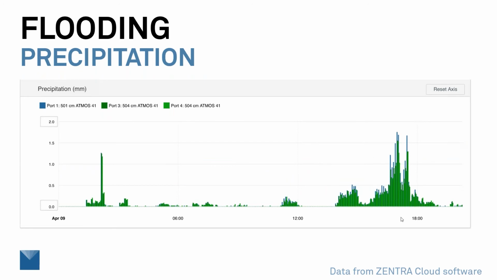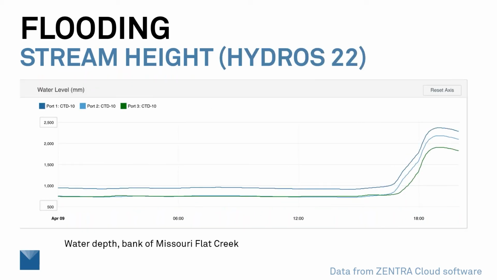Well, here's that rain event, and you can see how continuous it was. Not a ton of rain over time. I was out in it. It was certainly wet, and we got pretty soaked, but it wasn't kind of epic rain that I felt. But here's the water depth in the Missouri Flat Creek just down from those water content sensors, and you can see that we quickly reached this maximum water level, up from about 1 meter all the way up over 2 meters, and that's when it flooded.